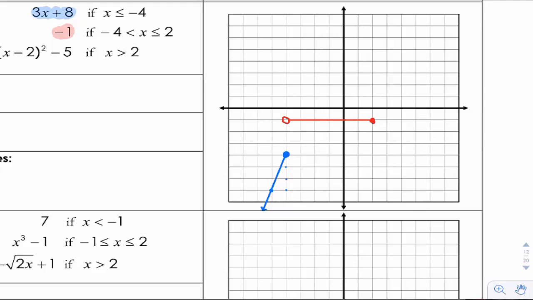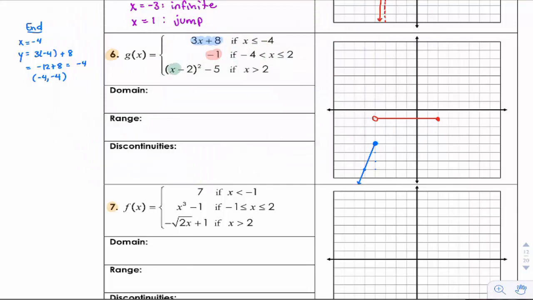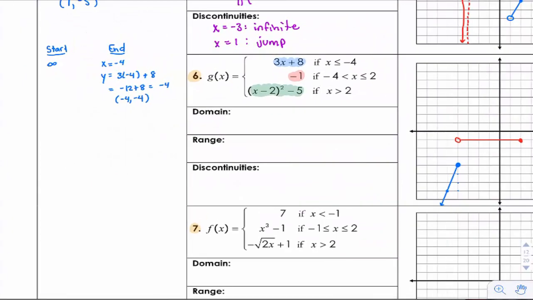You kind of wish you have more of those because they're so simple. And the last one, we're going to do the x minus 2 quantity squared minus 5. So for this, my starting point, I want to label. So start and end again. Now the ending point on this is going to be infinity because it goes off forever, but my starting point